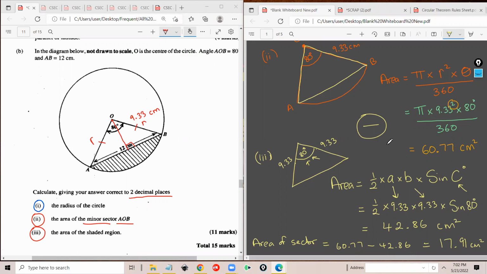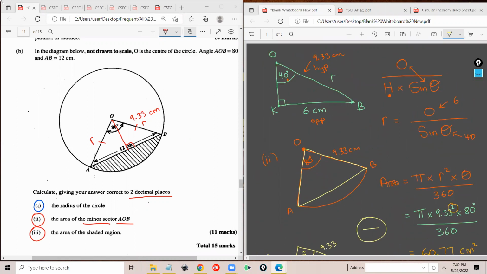All right, so confirm it on your end, guys. Well, when you finally see that 17.91 on your calculator, not on my screen, on your calculator, right? So somebody just wants me to scroll up for a little bit, right? Just scrolling up there for a bit. All right, so